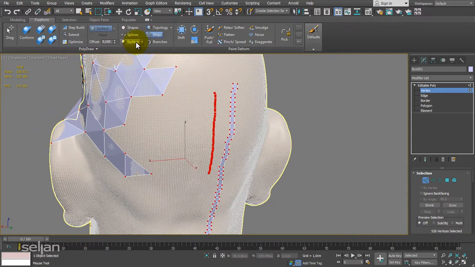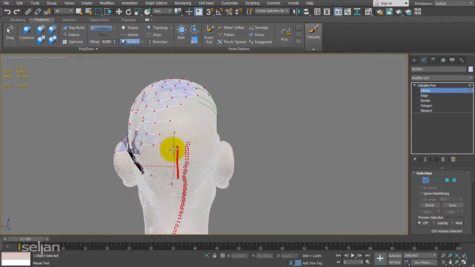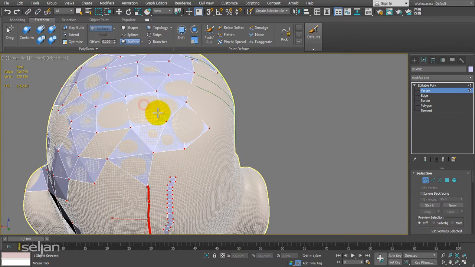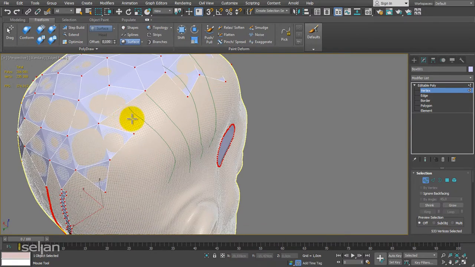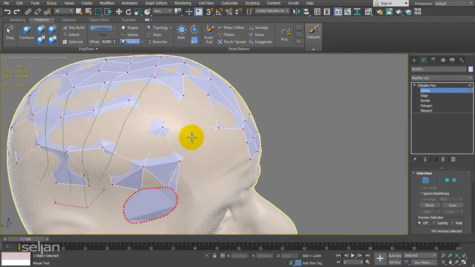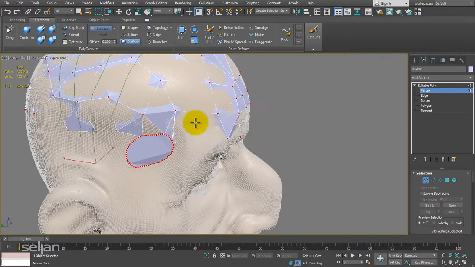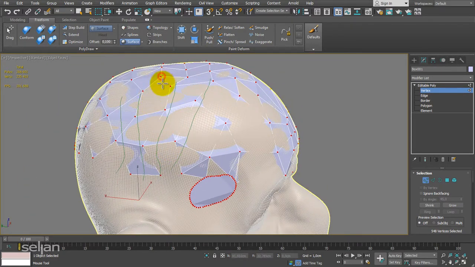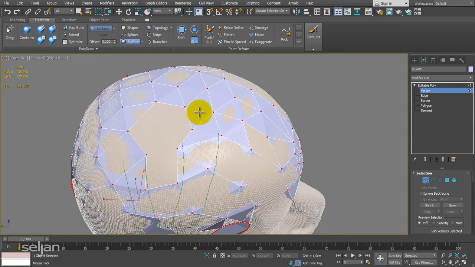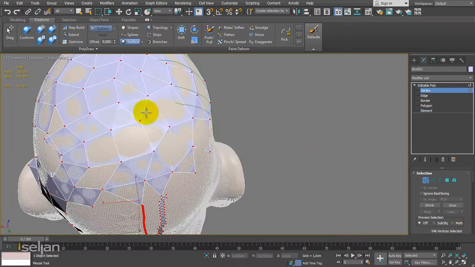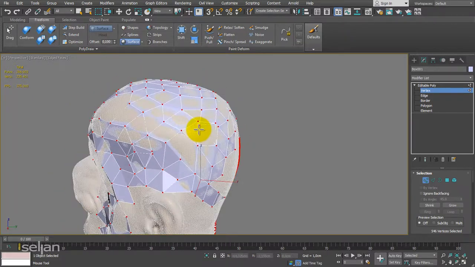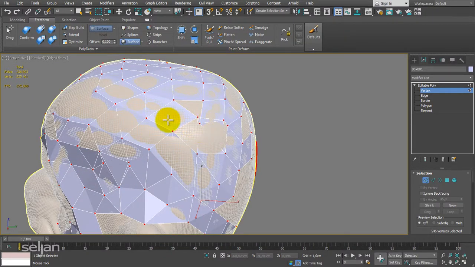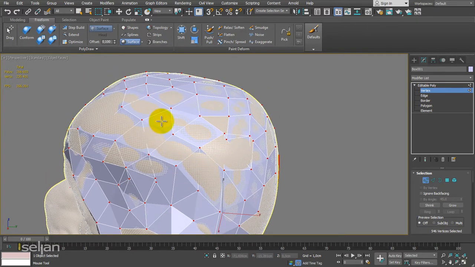Okay, now going back to the surface because it's not finished yet. When you are holding down the shift key, this surface feature will try to connect to the existing part of your model. It is a really good feature to have. If you're holding down control, then you can delete areas, and when you're holding down shift again you can fill them back. It is very fast if you have something static and you don't want to spend too much time on it,